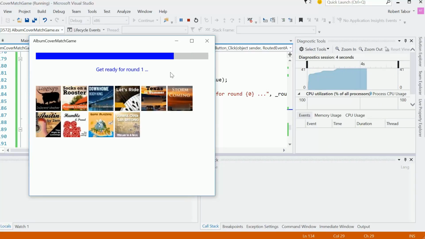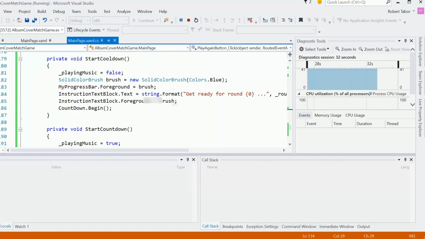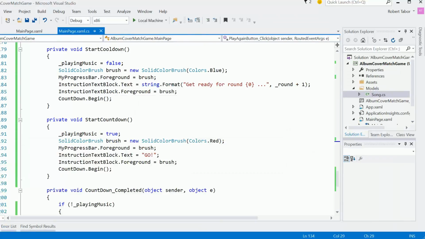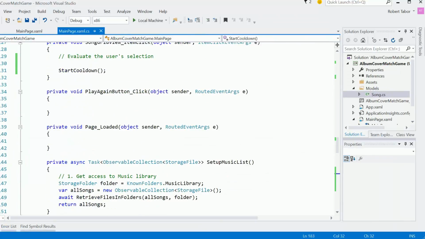All right, so let's see how this works. Okay, so we're getting ready for round one. All right, and you can see here now we're playing. And ideally, I would make a selection here and it will reset everything. But I'm going to go ahead and let it tick all the way down. Okay, so we're just kind of waiting here. You would get minimal points at this point, even if you selected it true. But by selecting a song, it will start the next round. We just have to increment the round number. So that's one of the things we'll want to do